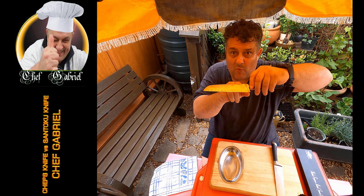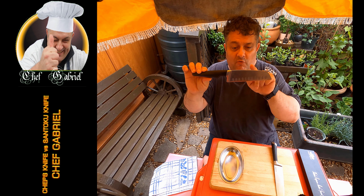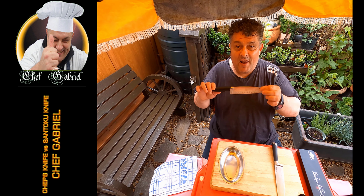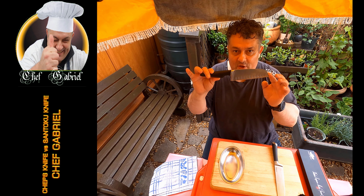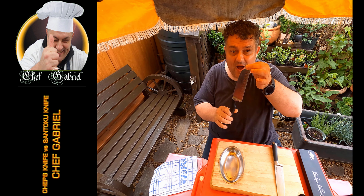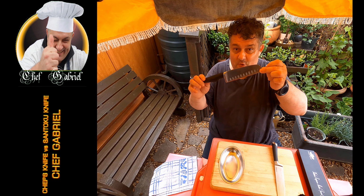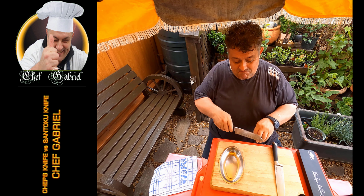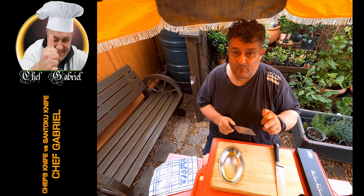Balanced weight, lighter to hold, and varies in size from 5 to 7.9 inches. And now let's see the best uses for a Santoku knife. The meaning of the word Santoku clearly explains what it is best used for. The three virtues or three uses of chopping, dicing and mincing. This means that the Santoku knife is best used for